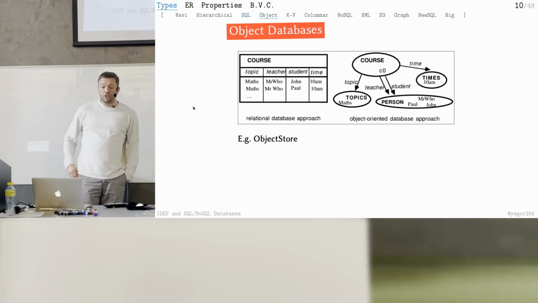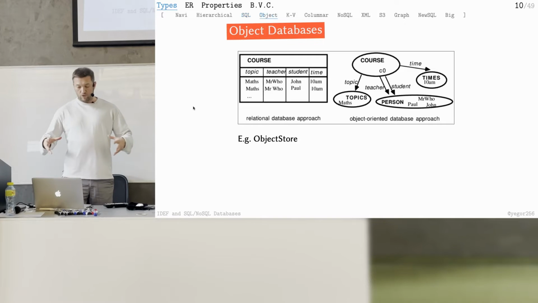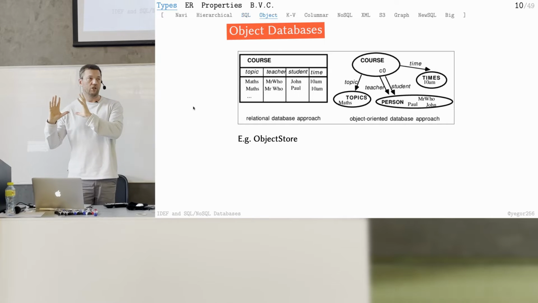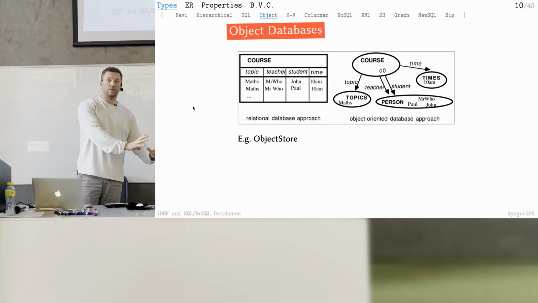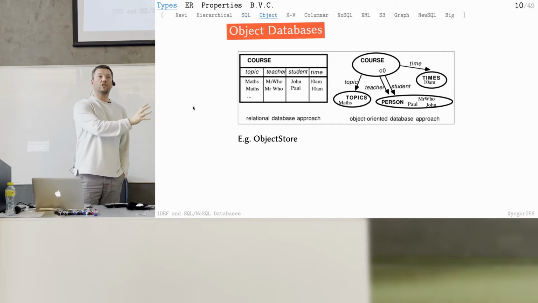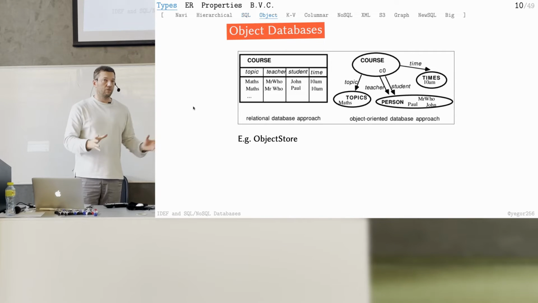So the next step was object databases. Object databases, that was the idea and still is. They're still probably on the market. I have no experience of using them. When you map the object from, say, Java directly to the database. So in Java you say, I have a book, the book has a title, set title, and boom, magically the database understands what you're doing, and inside the database the book has a title. So that's the idea. The database kind of looks like the Java world to you.